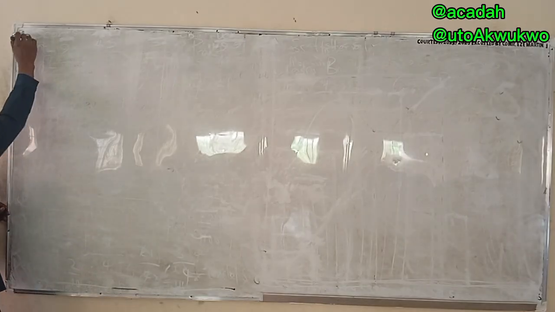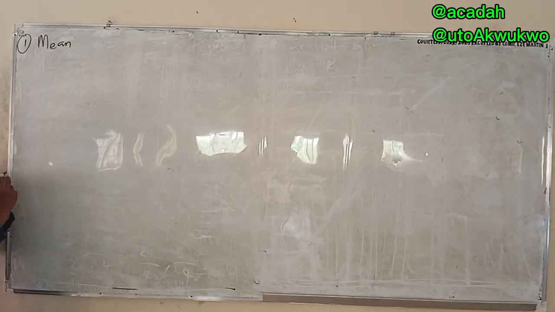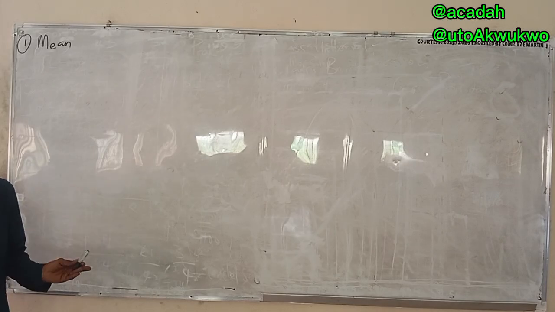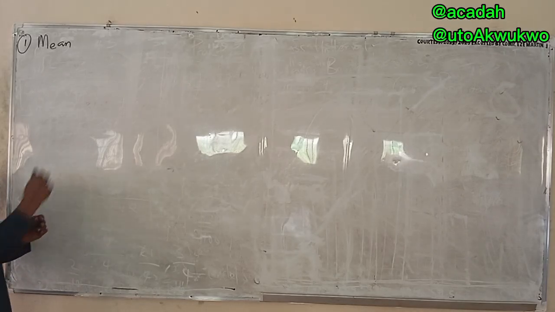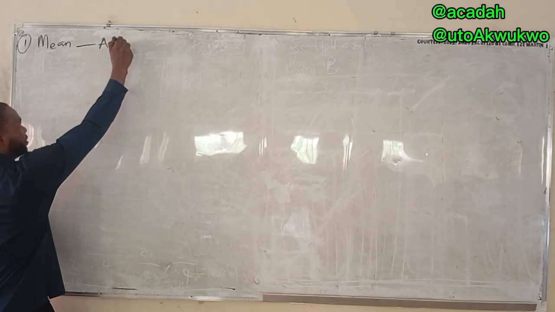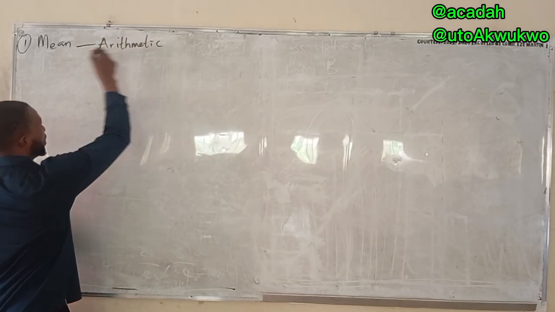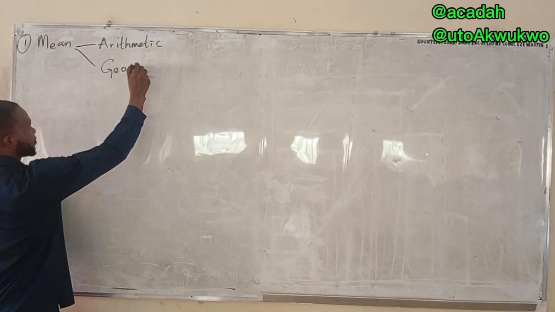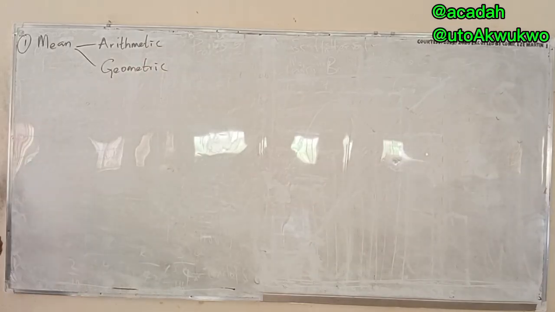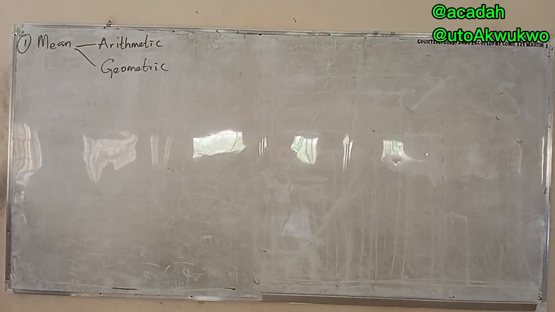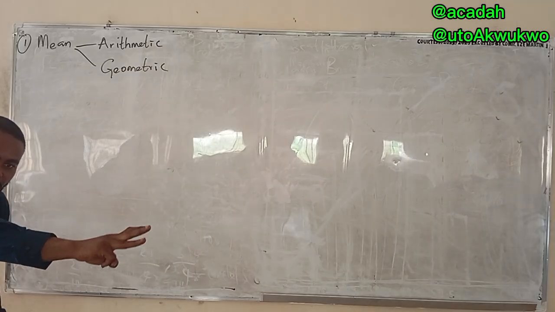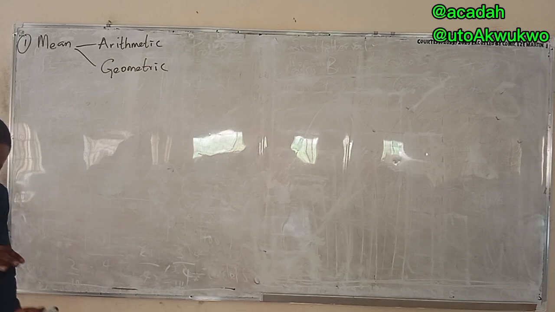In this method of location, we'll be doing mean. When you hear mean, it is simply the average of something. We have the arithmetic mean and the geometric mean. So this mean in total talks about finding averages. And when you find the average of something, you are simply trying to find the key one. So what you are trying to find is the main thing there, more like a center.